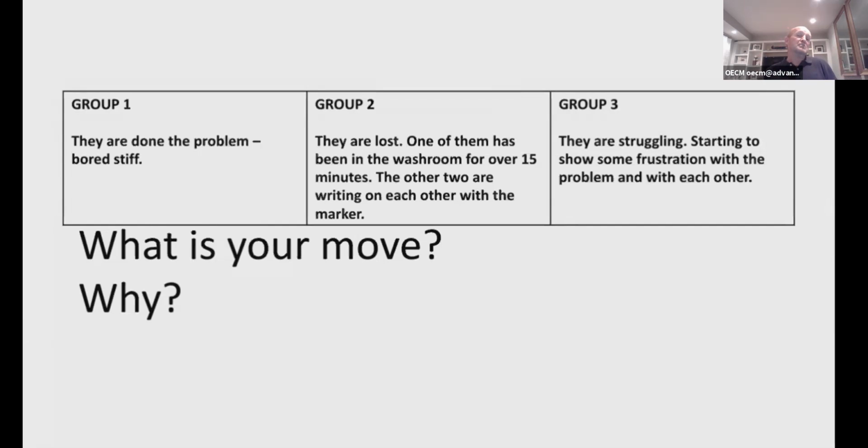And group 2, honestly, for this day, they're writing on each other, and we have groups that, you know, I'm not going to give up. If there's an hour to go, I might come back eventually once I feel like all the other groups are doing okay, I might come back to them, but they're not my priority. So those types of situations, those types of decisions that you have to make as